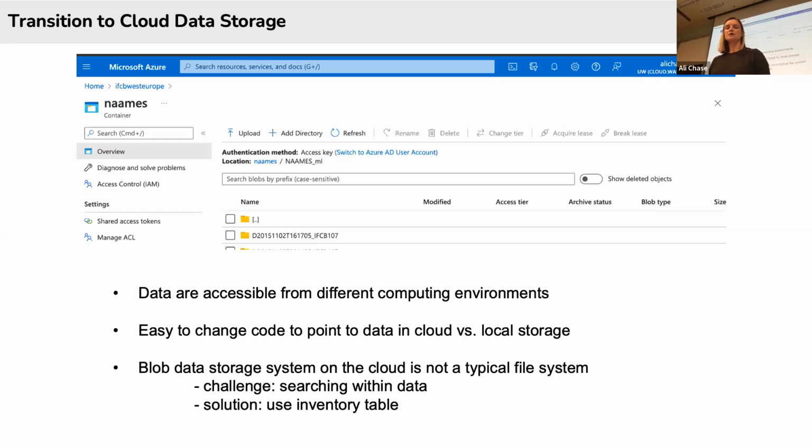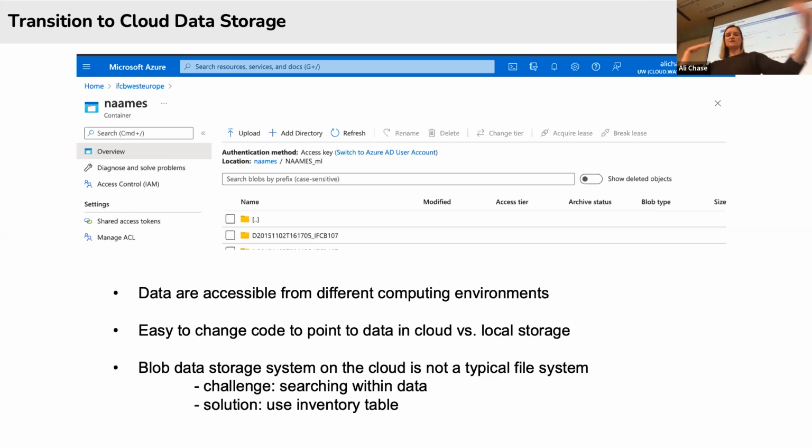And we used an access key for that, but also there are different options for your data being public or private that may be relevant for different applications. One thing to note is that this blob storage, I guess they call it blob storage in part because it's not a typical file folder hierarchy like we think about normally.